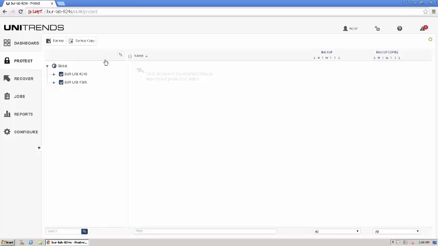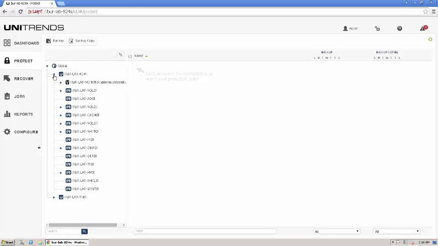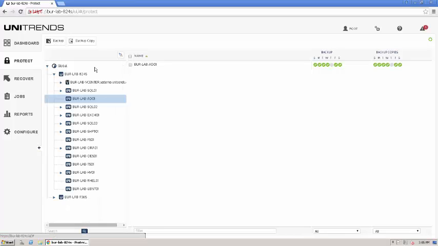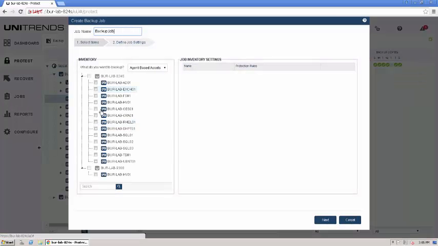I'm going to go in and I can view my entire environment by clicking these drop-down triangles. From there, I can select any of these assets, or here I can see my VMware cluster. I can go in and view any of these VMs. This kind of gives you an overview of what your environment has. But you go ahead and click up here to actually start any of the backups. It's going to automatically select what you've highlighted, but you can by all means set up a different type of